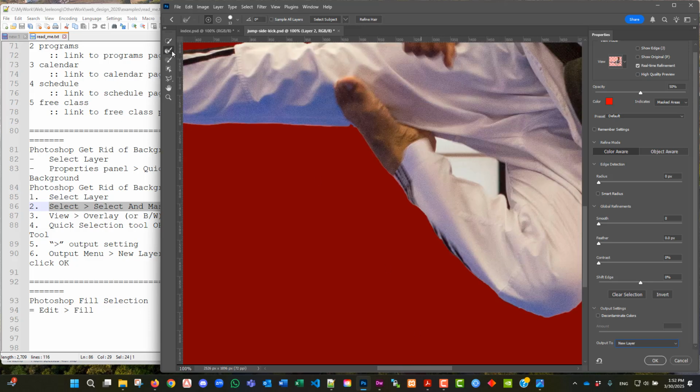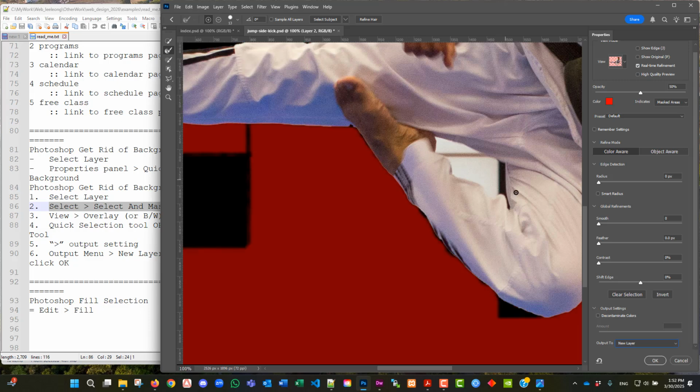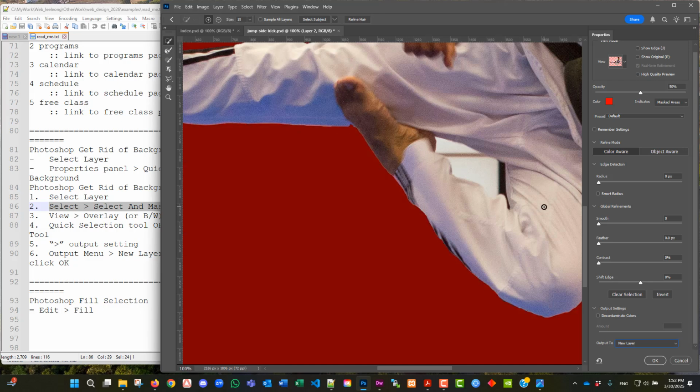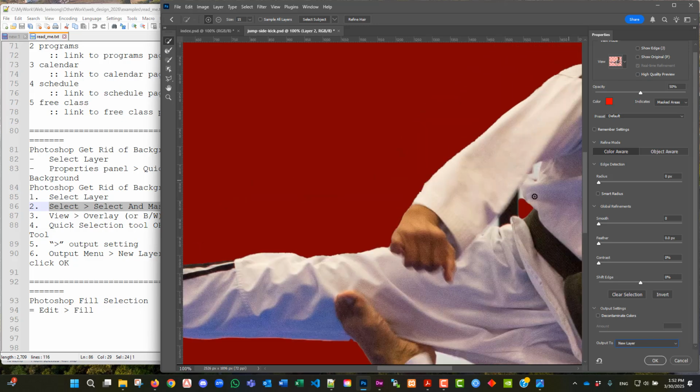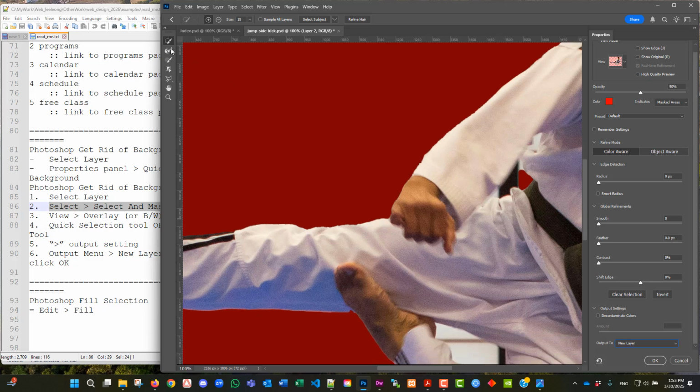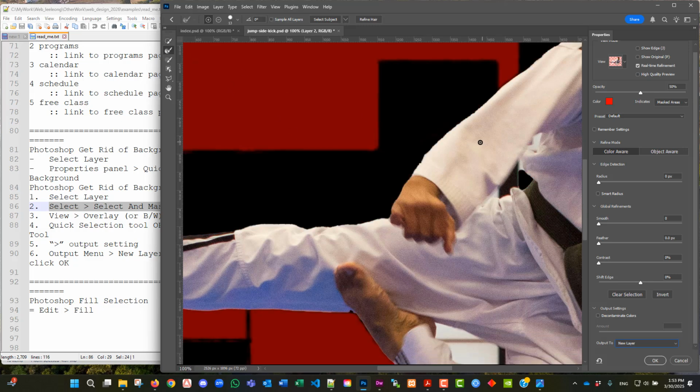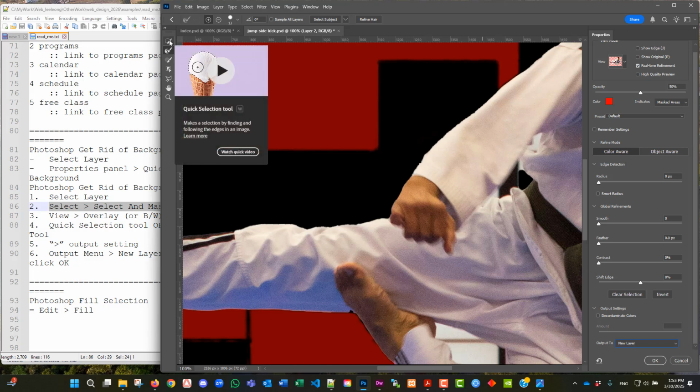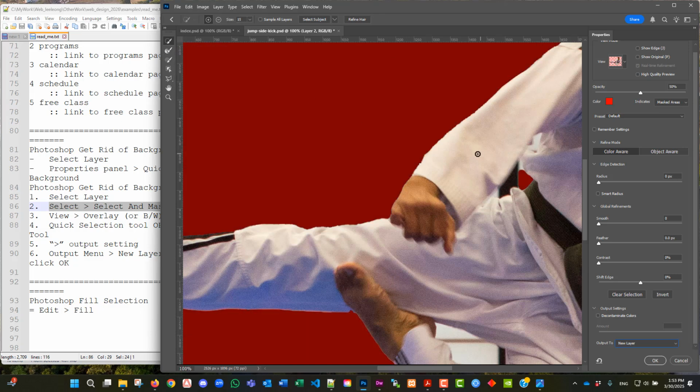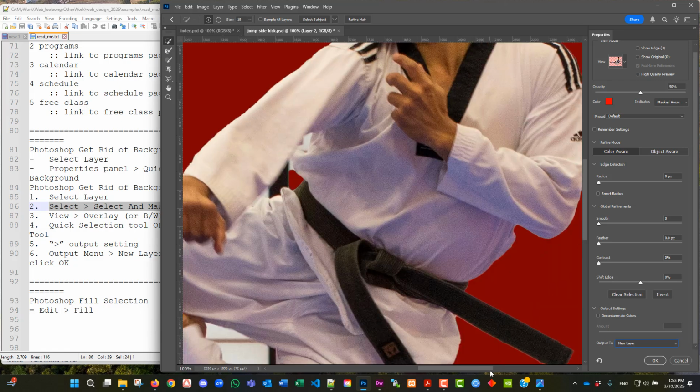Let me try if I can get rid of this. Nope, that's not working. So these two parts are not working for us, so we have to do it manually, the old way. Okay, let me see this part. Okay, this is not good. All right, so we have to get rid of the